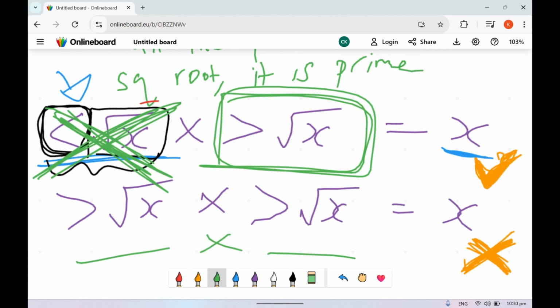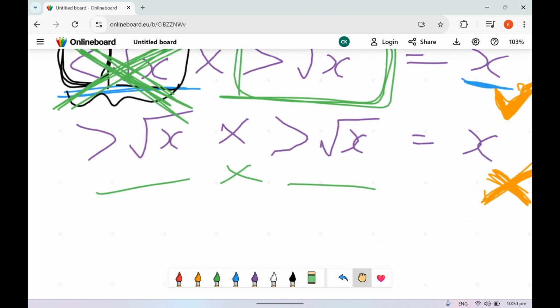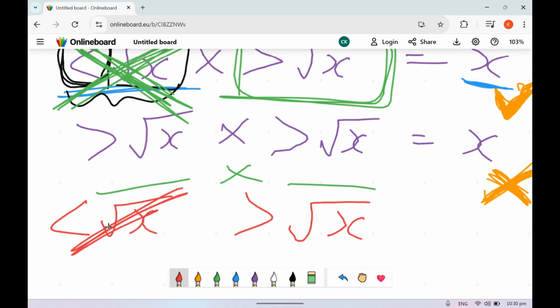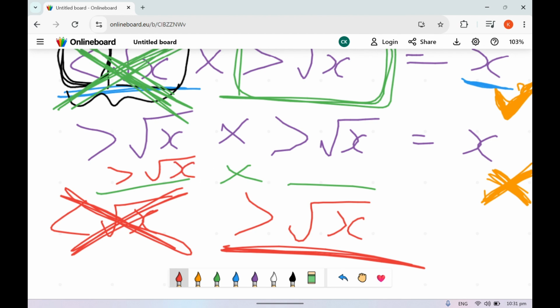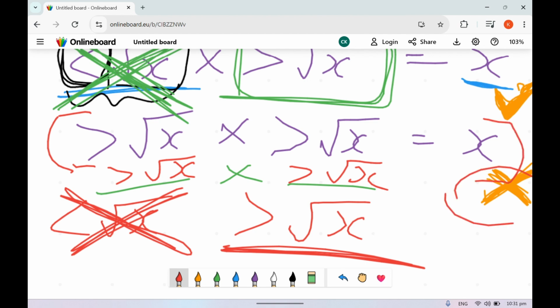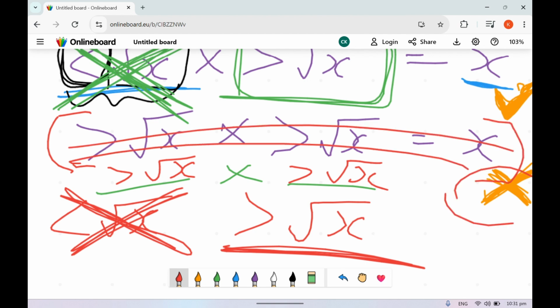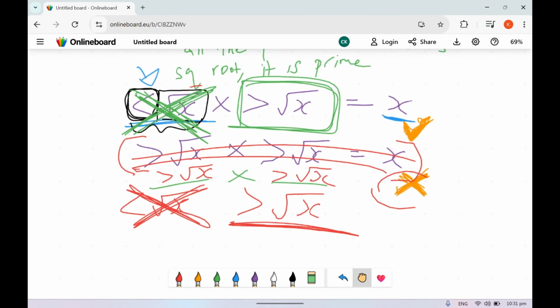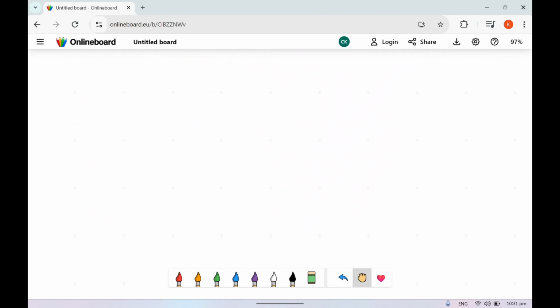Now, two factors. The only possibility now, because there are two variations. Variation number 1 is like this. Variation number 2 is like this. We have already eliminated this variation, which means we are only left with this variation, which means that in both the blanks, we must fill it in with this, which will be this entire thing. But we have already proven it to be wrong. Agree?